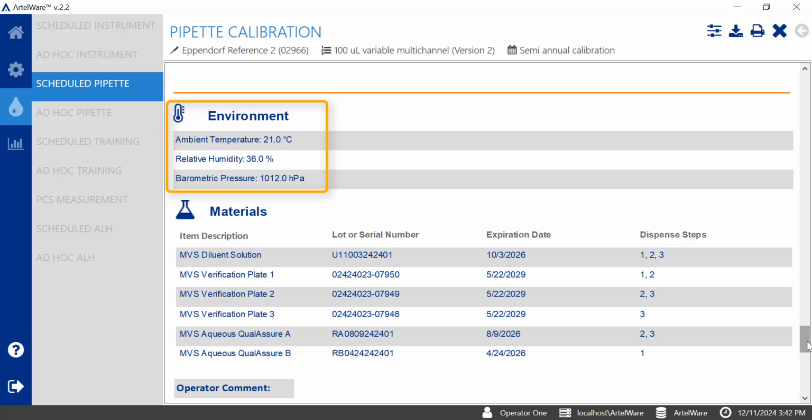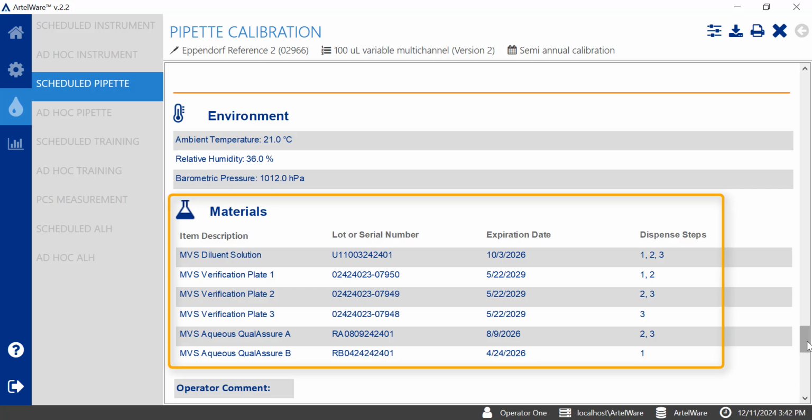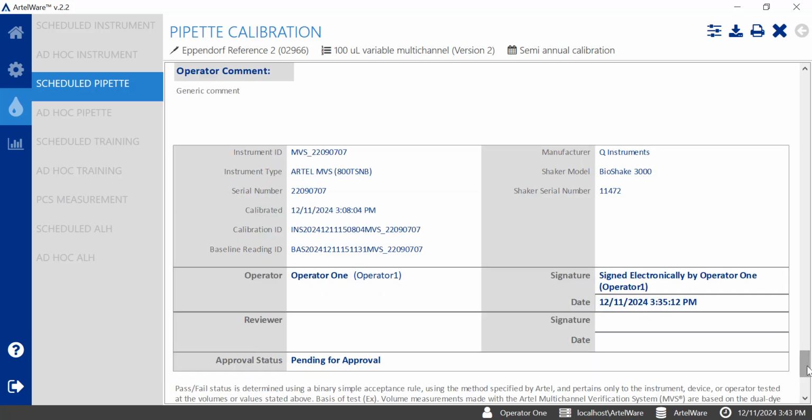So the information on the environment is there, as well as the information on all the materials that I used and what specific dispense steps those materials were used in. If I continue to scroll, you'll see that the operator comment, that generic comment that I entered earlier, is also reflected here, and information about my MVS instrument itself, its serial number, when it was last calibrated, the unique calibration ID, the baseline plate ID, information about the shaker,